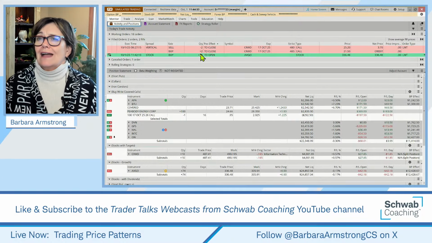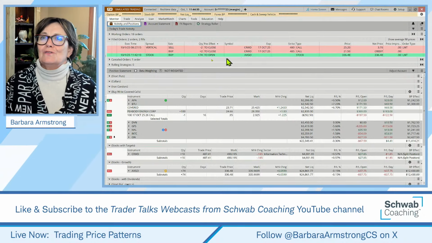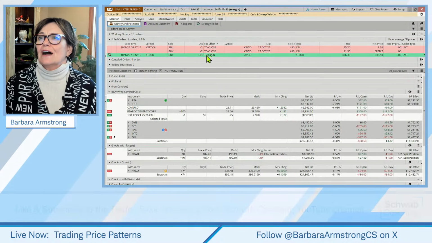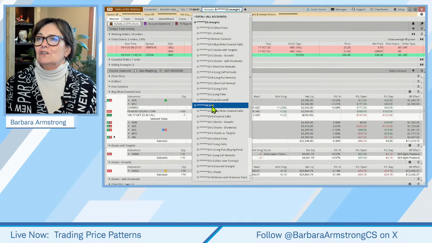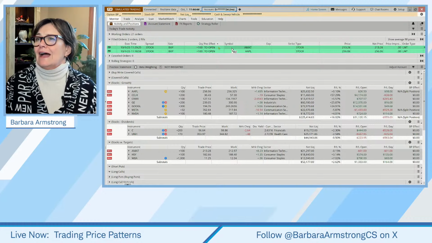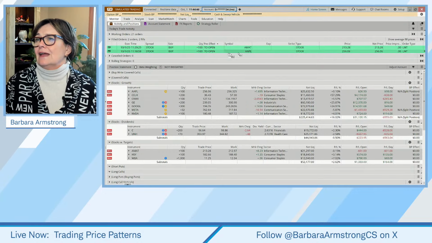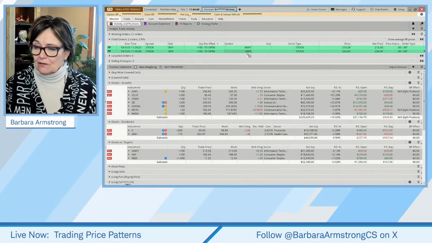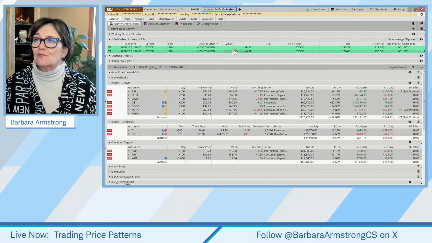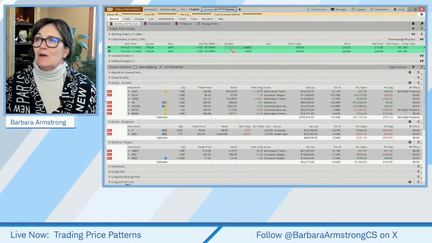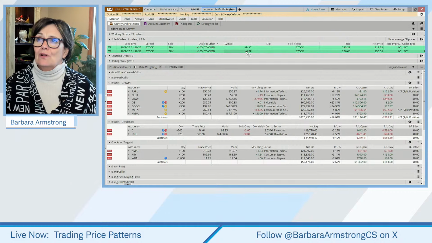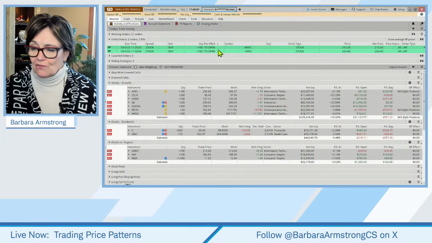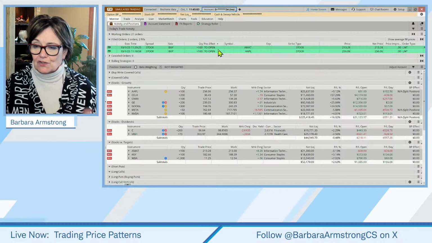Oh, and you know what? I added this to the wrong account, I think. So we've got a position on AVGO that we just added, and then we added a position on AMAT and a position on Apple. Okay, and those were 3 that we added. 1 we put a target on, which was AMAT, which is way out there. And then Apple and AVGO, we just added as trend trading growth stocks.